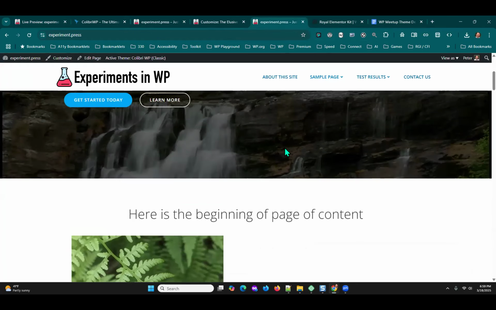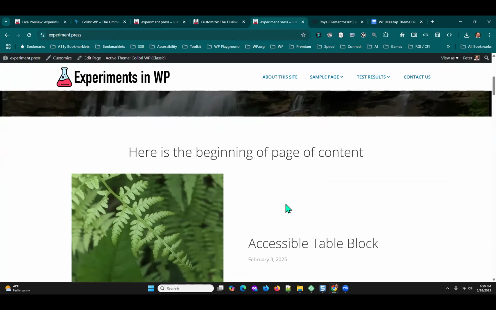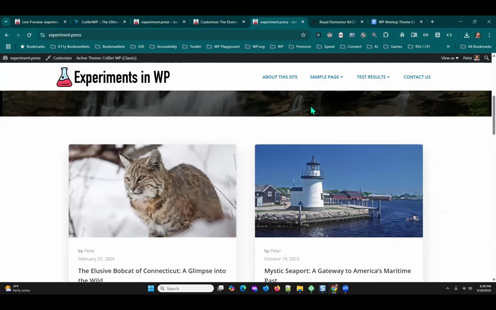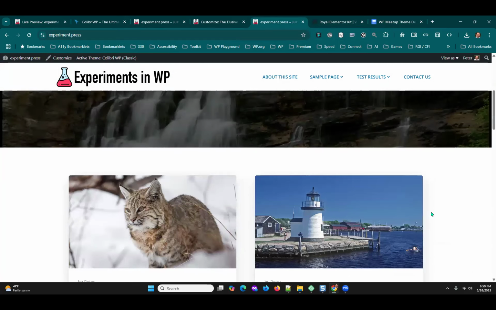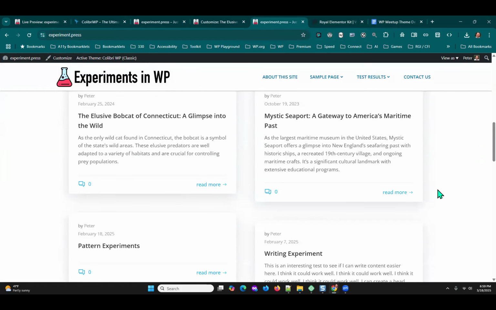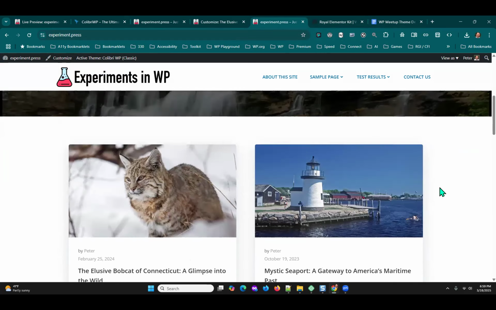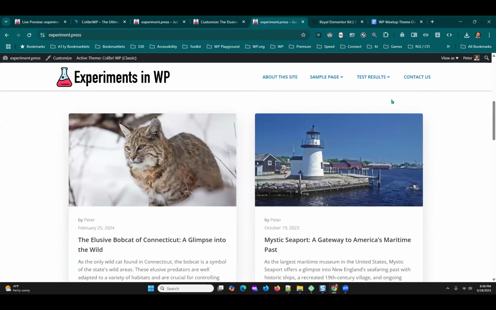Come over here. So what this has done now, I dropped the query loop in and I didn't do anything with it. I just picked one thing and didn't do any styling. But here's another thing you will find with classic themes: a lot of times you have the heading, and then what does the blog post section look like? Because again, WordPress is based on blogging software. Posts are handled way differently than pages, and it's filterable, and so the default for handling